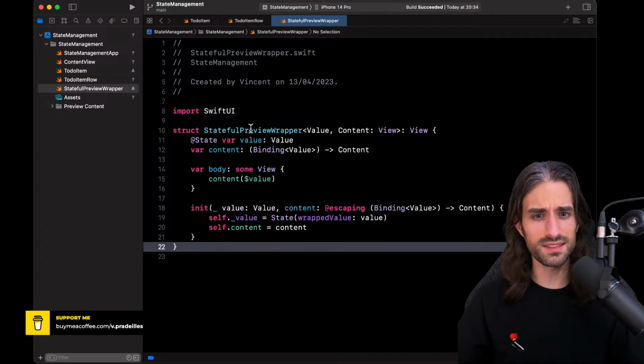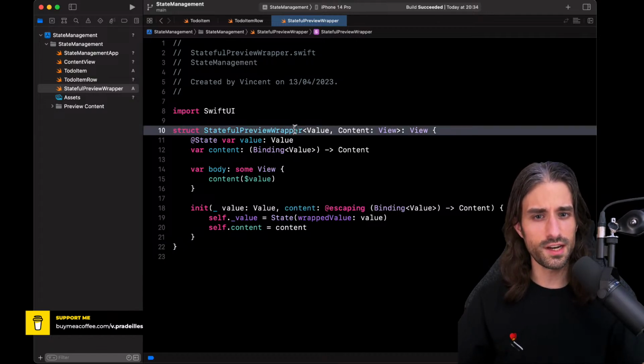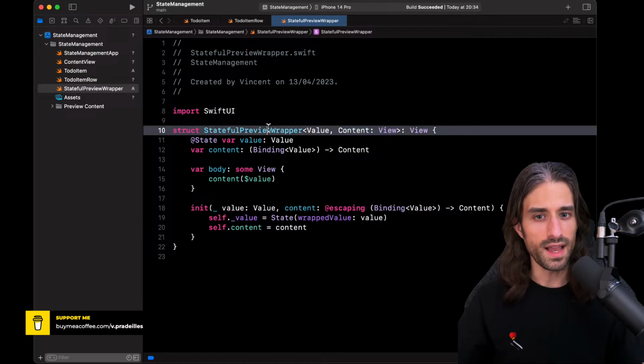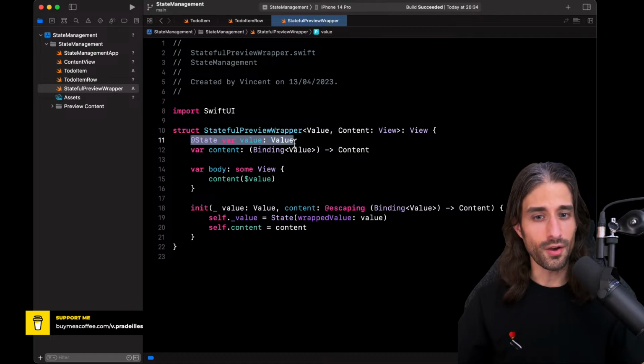It looks like this. You can see it's a generic type over two generic arguments, a Value, which will be the content of the binding, and then a Content, which is a view, so the view we actually want to display. And this StatefulPreviewWrapper is just a view, but it's a bit special in its use case because it holds an instance of the value with an @state property.